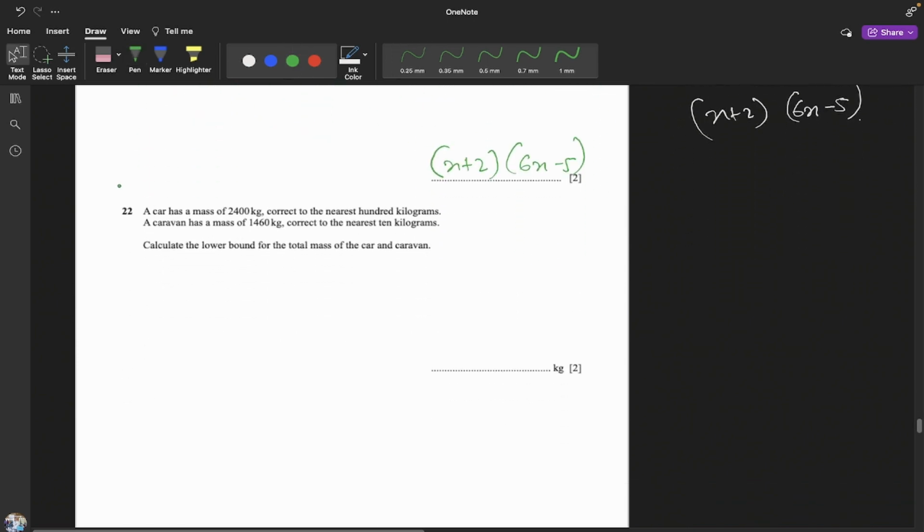Calculate the lower bound of the total mass of car and caravan. Okay, they're expecting us to add both. So if we add both, 2400, 1460, 683. Okay,